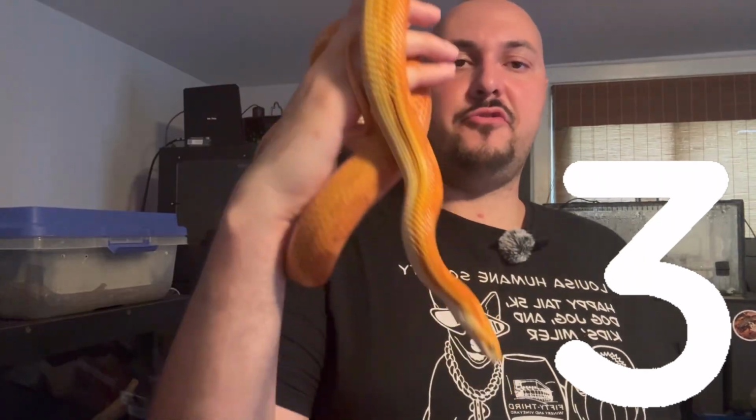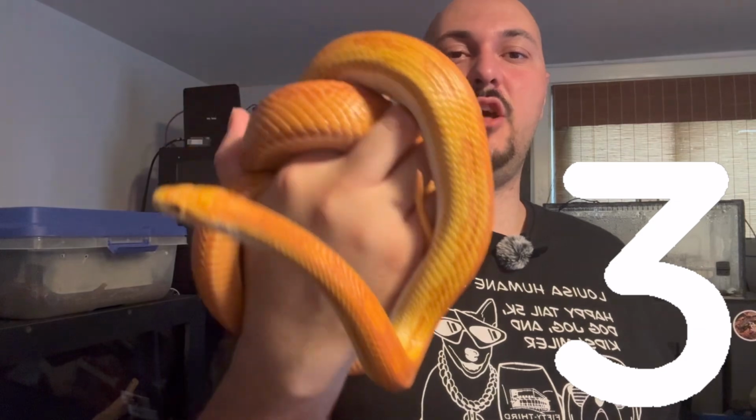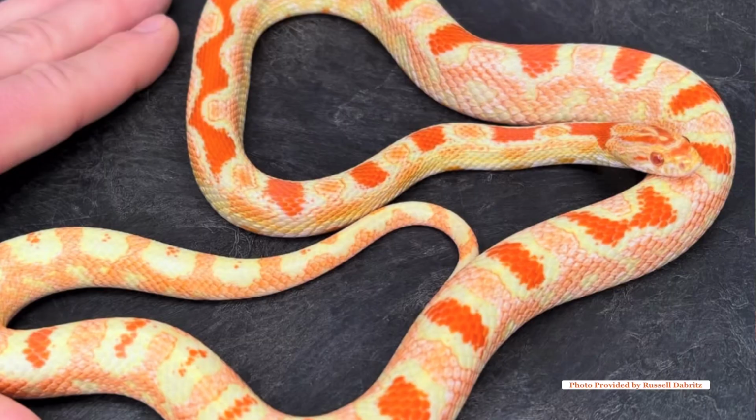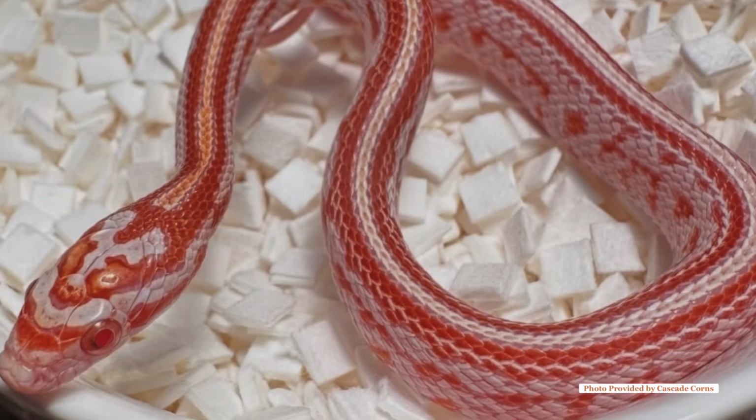The second part of the 3-way tie for number 3 is another great thing about corn snakes, and that is they have no difficulty with eating. Once these guys get established as hatchlings, it's pretty much just autopilot from there. They eat every meal with no issue, they take frozen thawed with no problem,